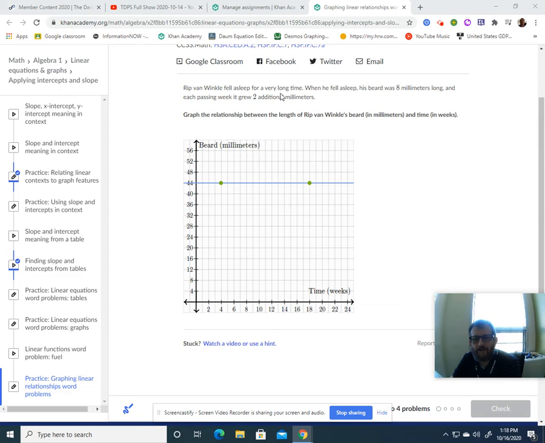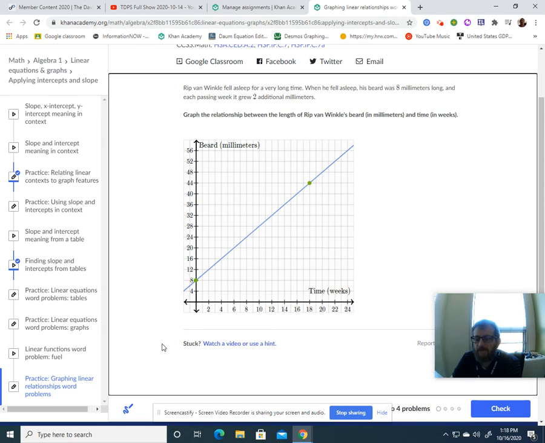Okay, Rip Van Winkle fell asleep for a very long time. When he fell asleep, his beard was 8 millimeters long, and each passing week it grew an additional 2 millimeters. Graph it. Okay, so it was at 8 millimeters when the weeks were at 0. So my very first point is right there, 0, 8. And then it grows 2 millimeters,